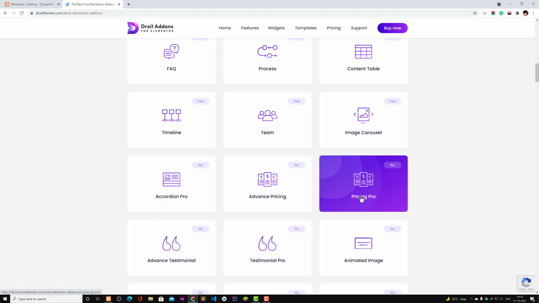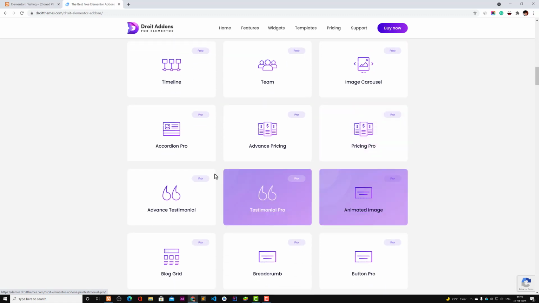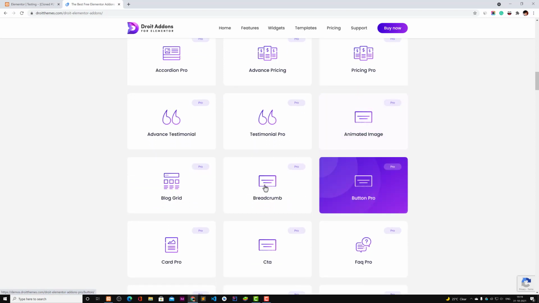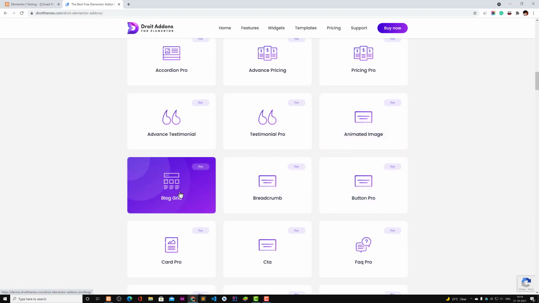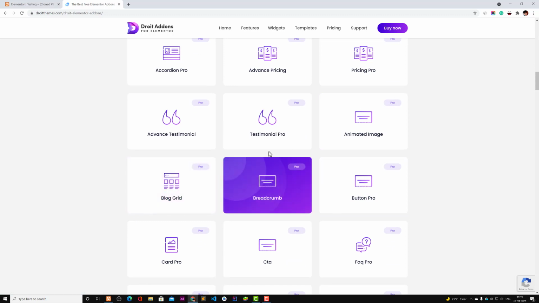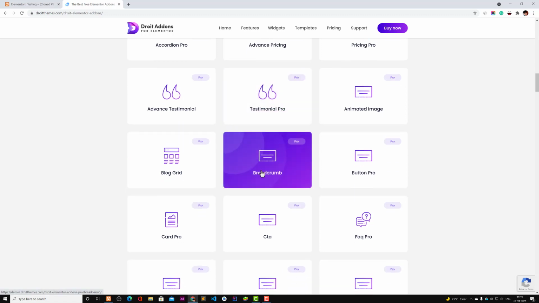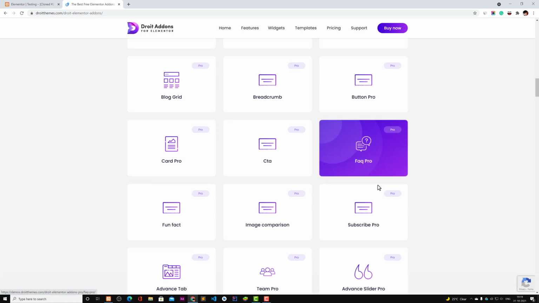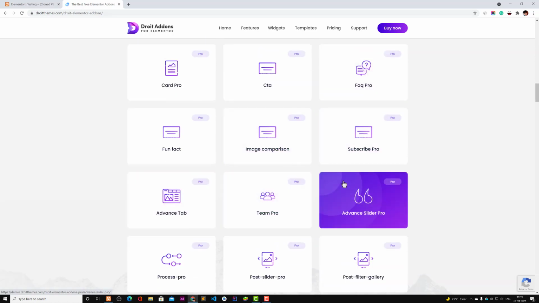This means that pricing is also there in the free version. Okay, and there can also be advanced written before that, right? So these are the widgets that I liked in the pro version, like blog grid and testimonial pro, CTA and card pro, FAQ pro. So these are all these amazing widgets.